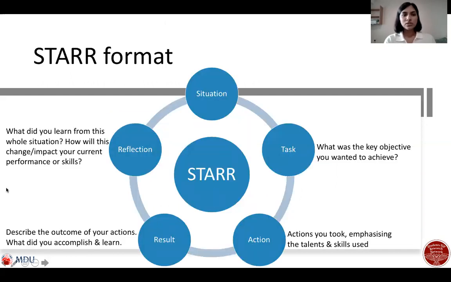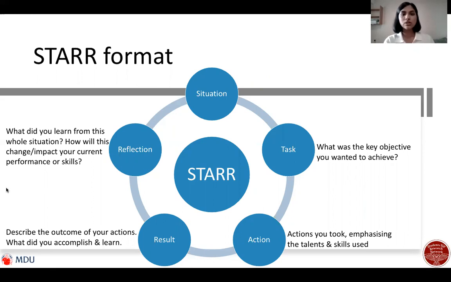There are a couple of frameworks that you can use to design how you want to answer your questions. One of them is known as the STAR format. Some of you might have heard of it already. This is particularly useful in questions that ask you to give an example about a skill, such as a leadership skill or team working skill. So you choose your situation and state exactly what your role was and what skills you have used in order to fulfill this role.